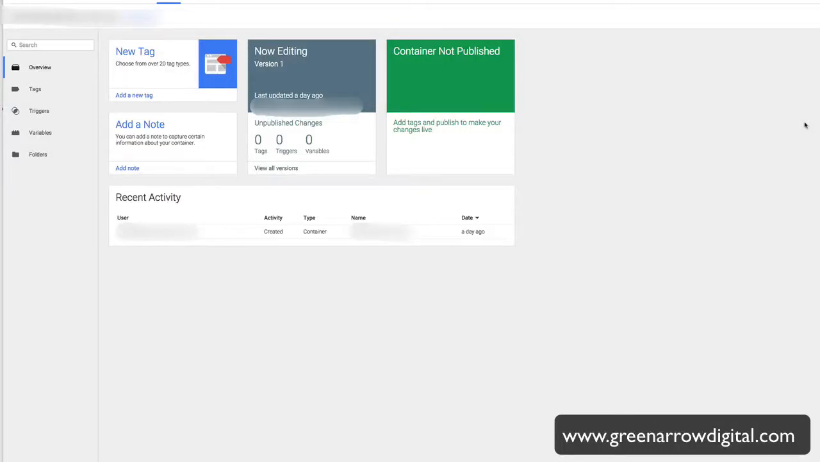Okay, what I'm going to show you is how to add your Google Analytics code to your website through the Google Tag Manager. For those of you who don't know what Google Tag Manager is, it's a product by Google which basically houses all your tracking codes. So you can put your Google Analytics code there, you can put in AdWords, conversion tracking code, remarketing code, and